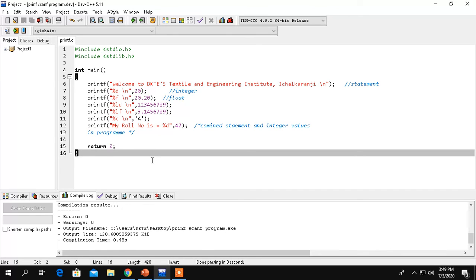So when we are going to consider a printf function, these are the major functions or entities that we are going to use to write any program. So this is enough in case of this printf function. So when we are going to consider any input from the user, in that case we have to use the scanf function instead of the printf function. So that we will discuss in the next session.